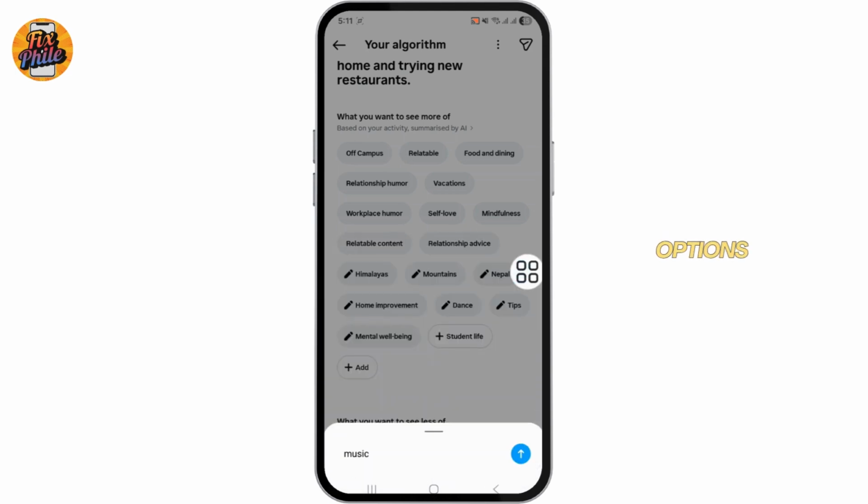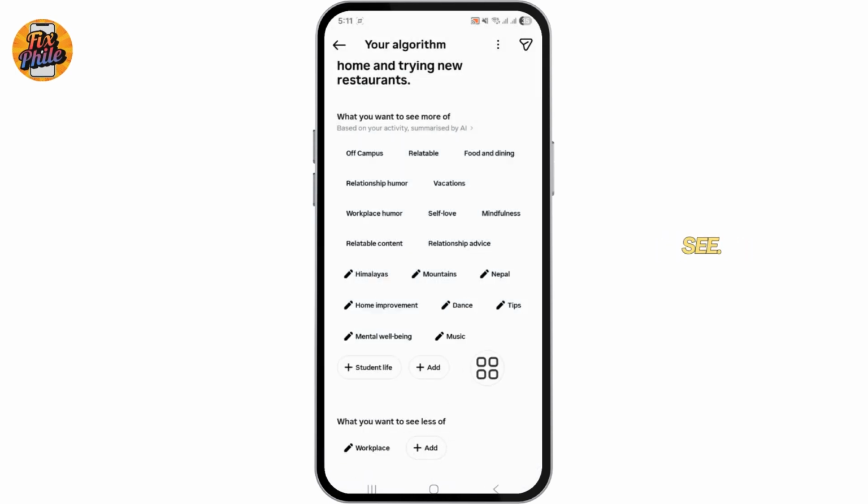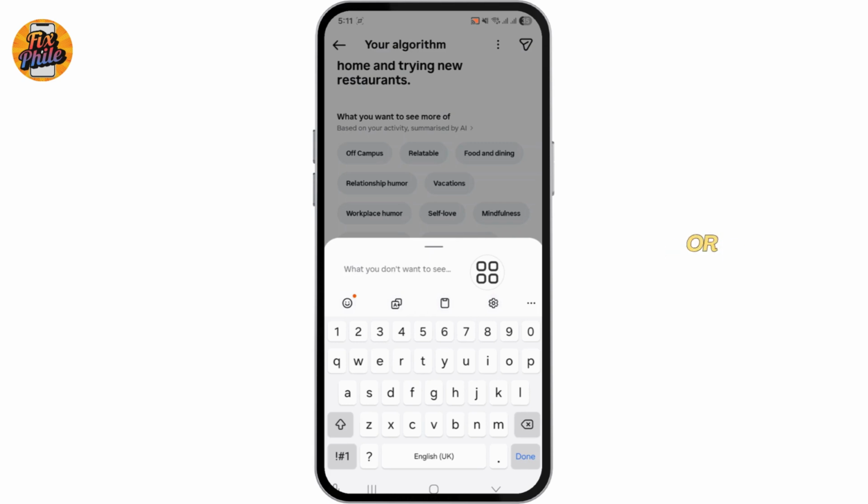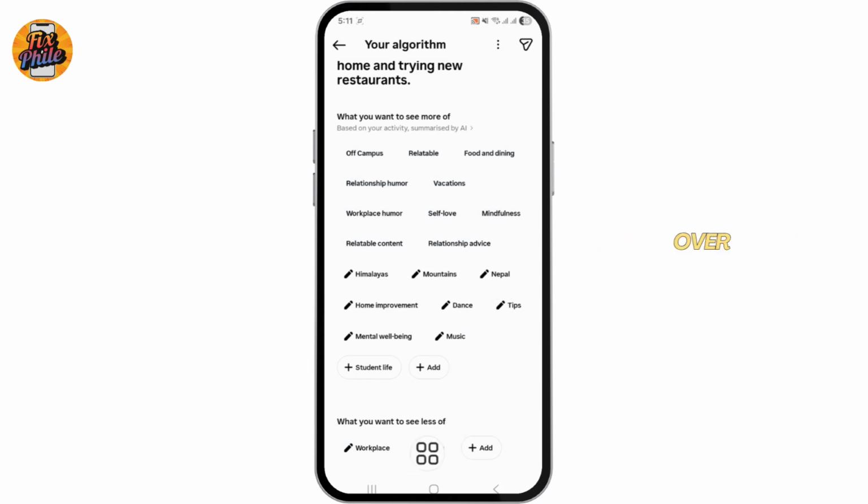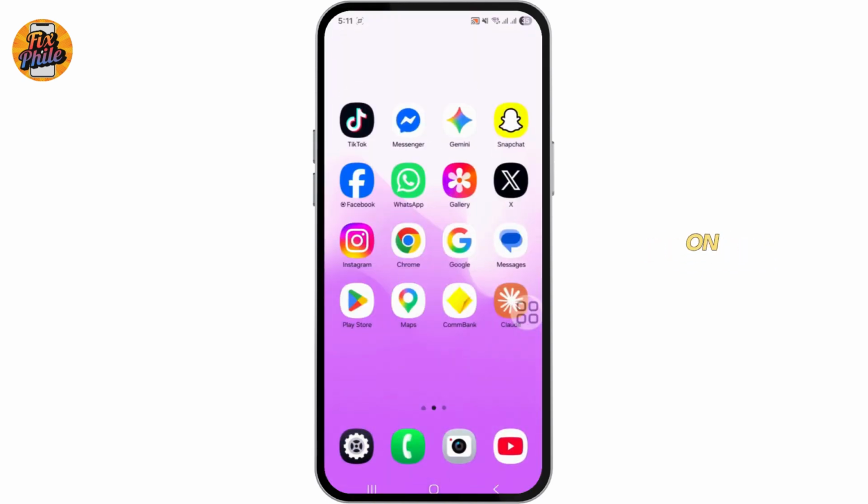You'll also find options to reduce content you don't want to see. Simply add topics or video types you're not interested in, and Instagram will adjust your recommendations over time. Once you finish updating your preferences, Instagram will slowly personalize your feed, reels, and suggested posts based on the topics